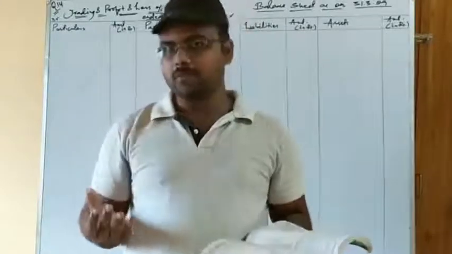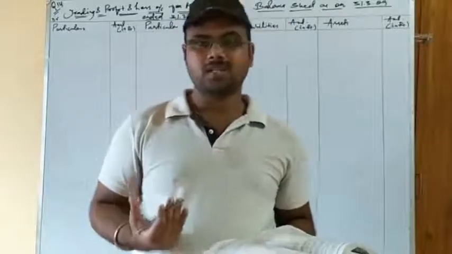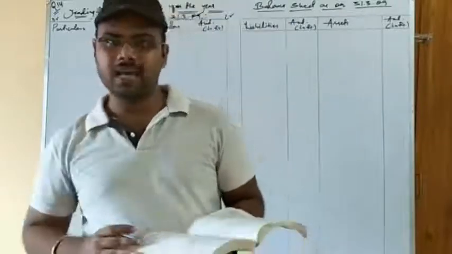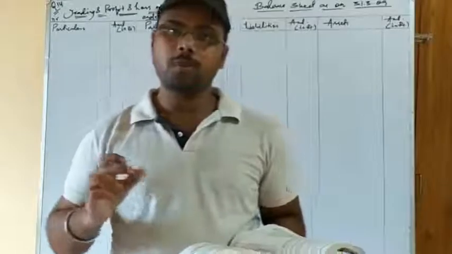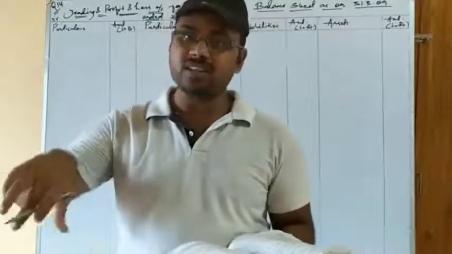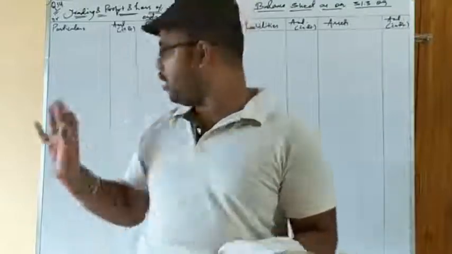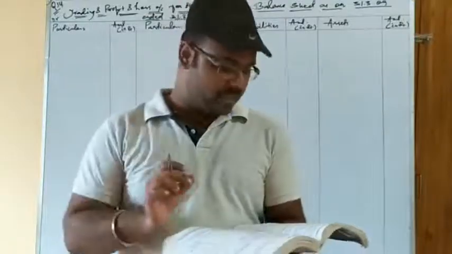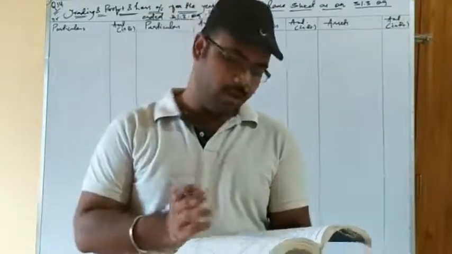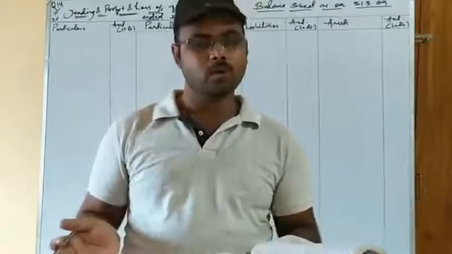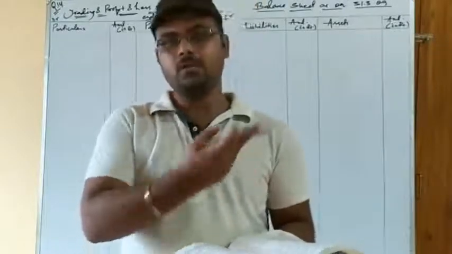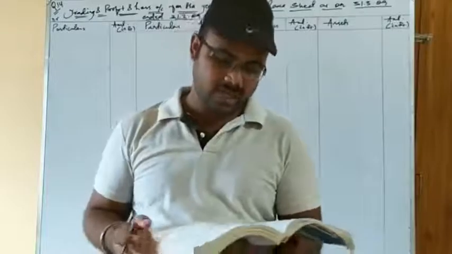Okay, it may be possible that there may be some value of bad debt in the trial balance, and also some bad debt as the adjustment. So first of all you have to add the bad debt given in the adjustment to the item inside the trial balance, on the debit side of the profit and loss account. But here in the trial balance there is no such bad debt, it is only given in the adjustment. So we know the treatment: debit side of the P&L account, then deducted from the sundry debtors.